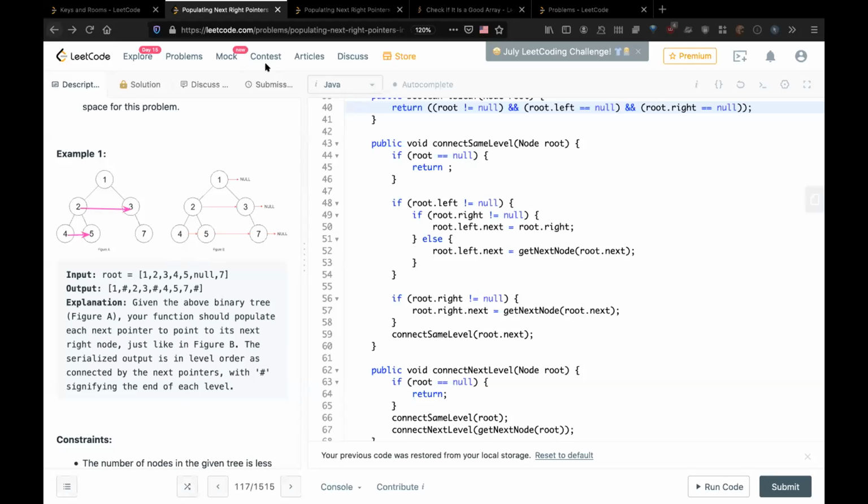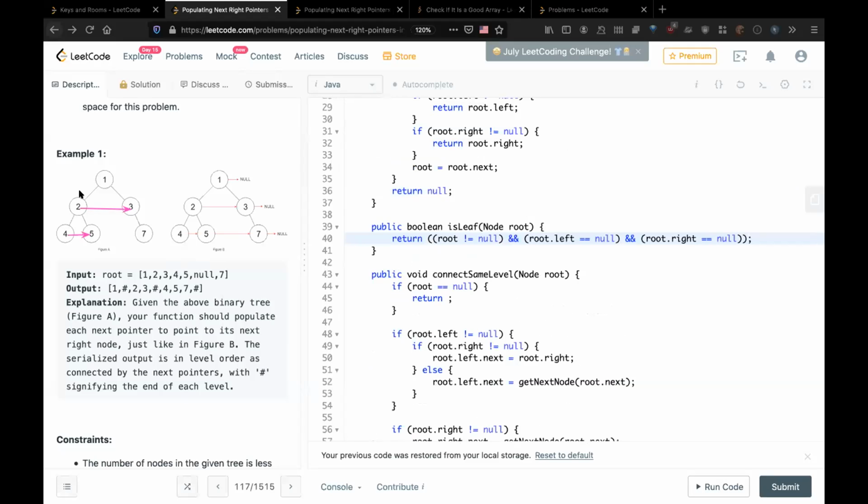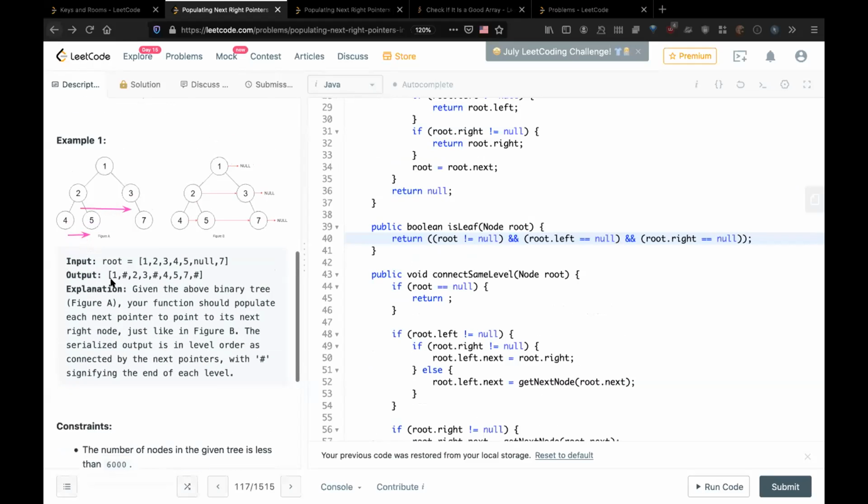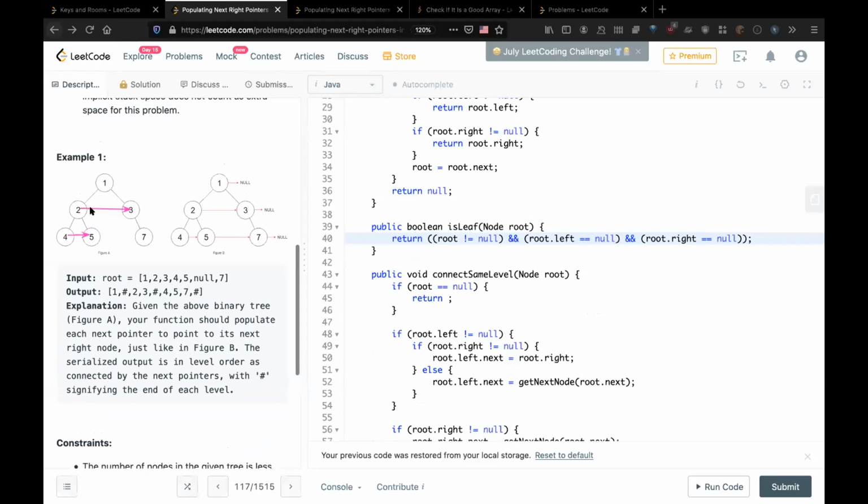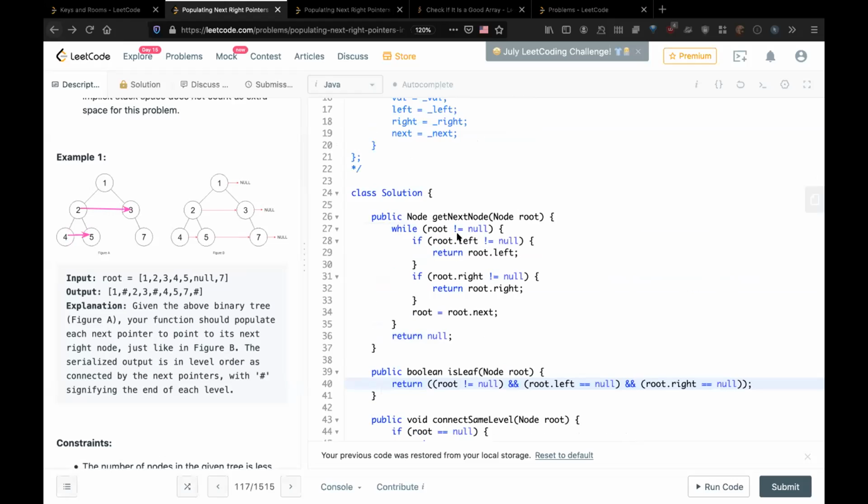So basically, the above is a linked list. If you consider when you're at level 2, this is a complete linked list itself, a unidirectional linked list. So 2's next is 3 and 3's next can be some other thing. So I'm trying to get the next node in that linked list, and if any of that node has a left or right, I'm returning that.